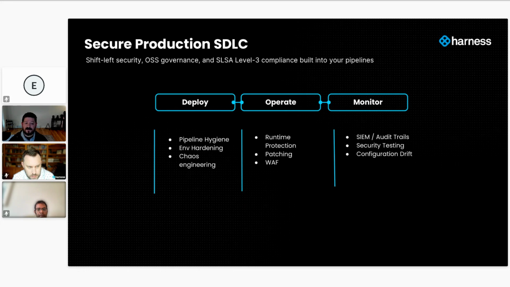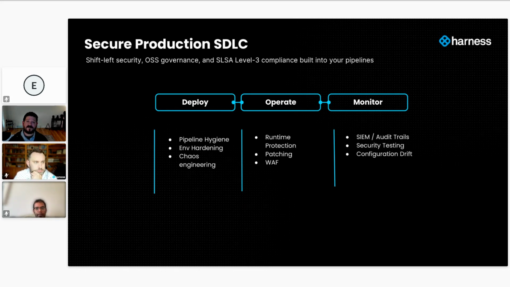And then as you're operating, making sure you're collecting and analyzing and correlating security events through your audit logs. Maybe you have an aggregator like a SIEM, and then continuous security testing. We talked about the variety of different scanners that are available, looking again to preserve efficiency by making those scanners a part of our pipelines in an automated fashion, with a high confidence in the output of those scanners, maybe some capability to deduplicate vulnerabilities.